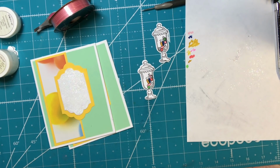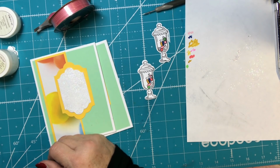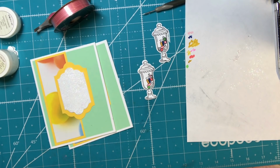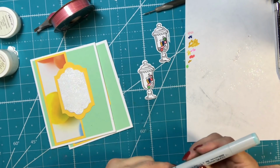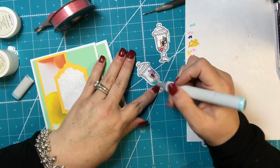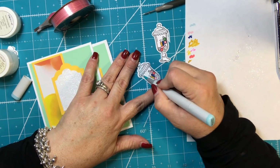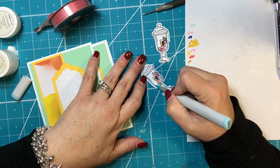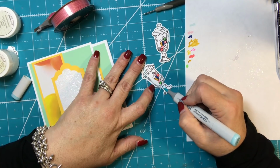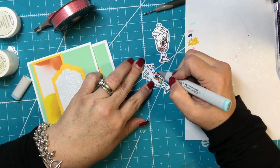And then I'm going to use a light blue. I said I was going to keep all these out and then I just didn't. So I lied. Oops, a daisy. Okay, let me see over here what I have. Do I have a really light blue? I think I do. And this one is a Copic. It looks like the thing is sticking out too far. And I'm going to just color the glass in a little bit. I don't know if you guys are familiar with Copics, but I think I need to push that back in, and I'm sure I can do that because I know you could replace the little nubs, but